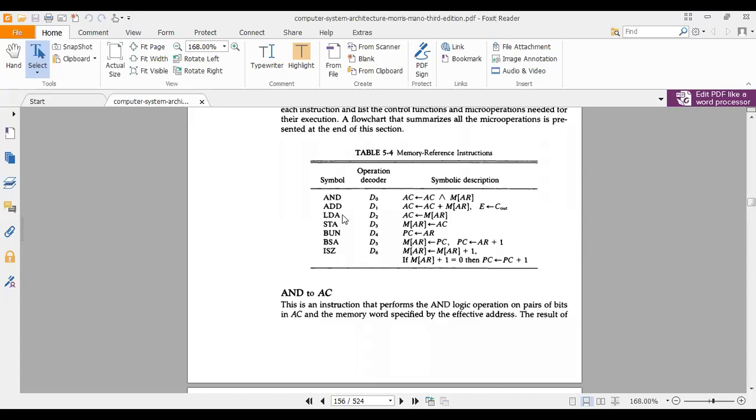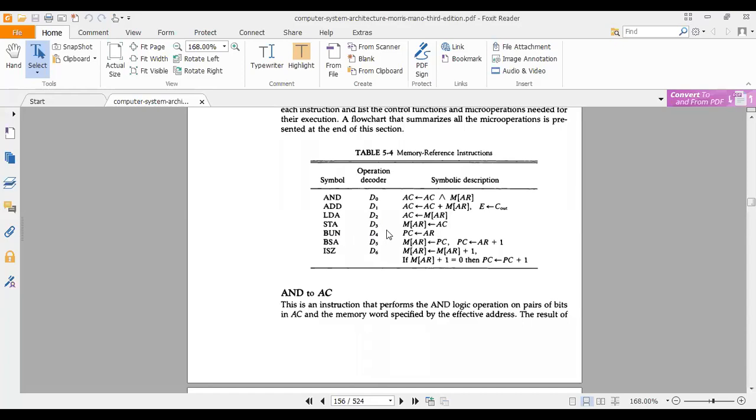So these are two important instructions. Load means you are transferring the data from the memory location to the accumulator. STA means you are sending the data in the accumulator to the memory location.